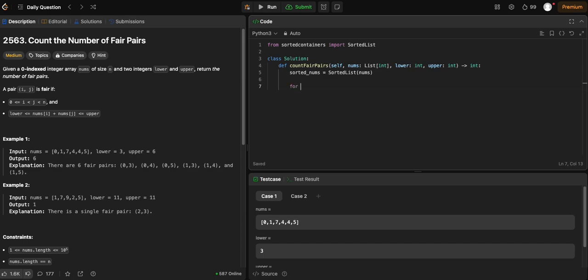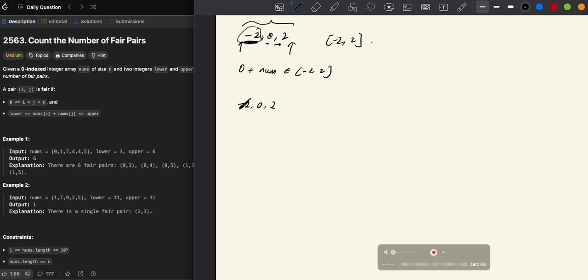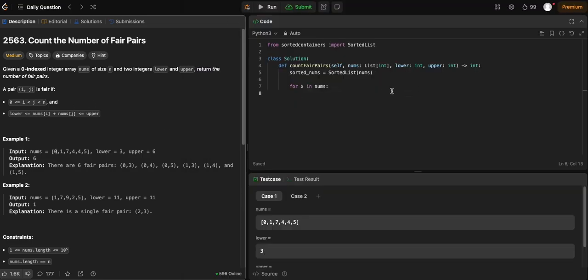And then now for the numbers in our original nums, the first thing we want to do is remove our current number from the list. Let's say lower and upper, let's go back to this example. If we are looking at 0 and we don't remove it, well, 0 plus 0 is actually within this range, but that's not allowed, right? So we want to remove one of the zeros first. So we do that, and then